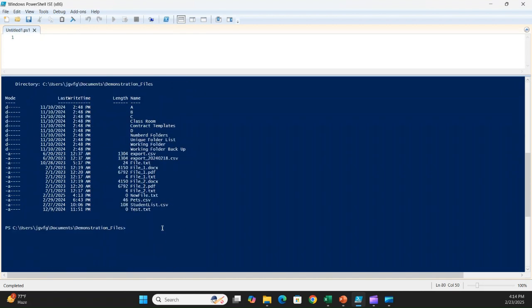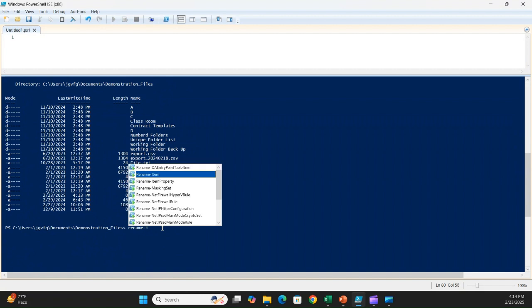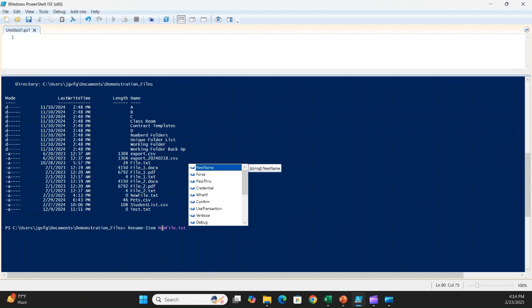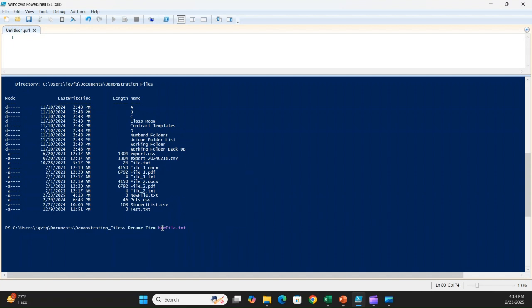Now, let's say we want to rename this item. So we're going to say rename item, and I can start typing in new file.txt, and then the new name. As you can see, if I'm not doing anything, it's already going to know the second one's the new name. Let me just back up real quick. I can say the path, if I wanted to do it explicitly, the path is new file.txt, and then the new name is renamed